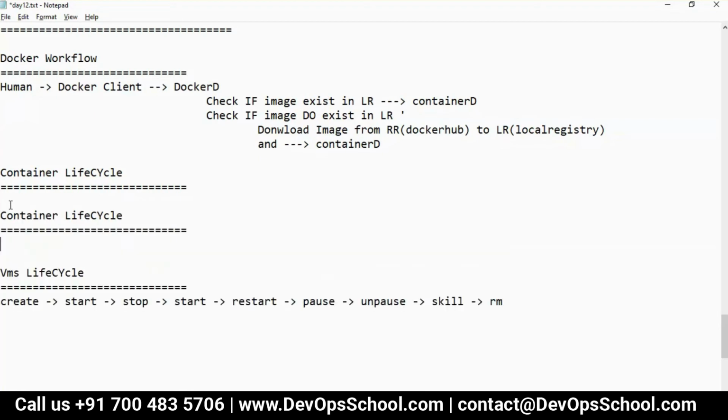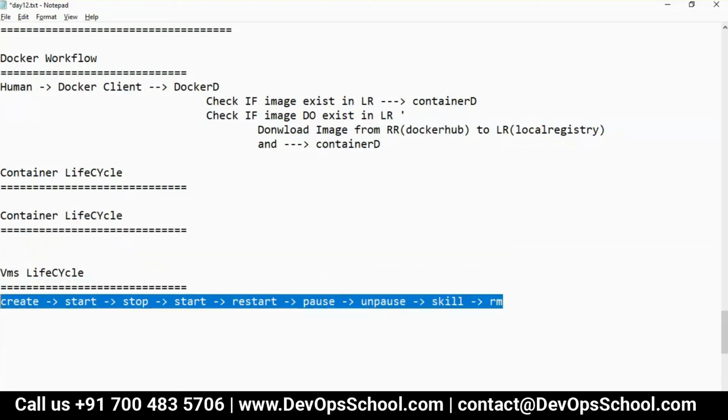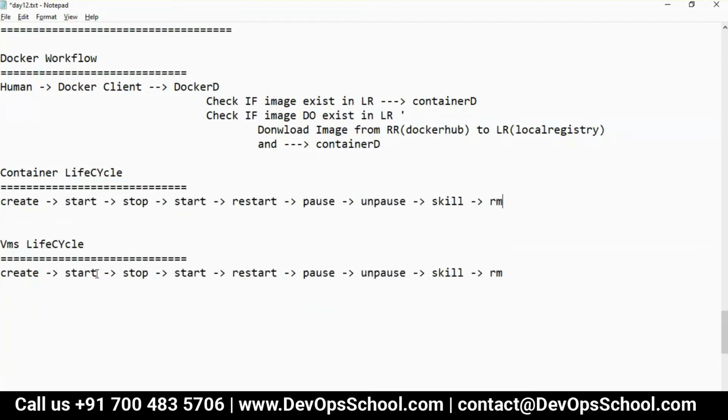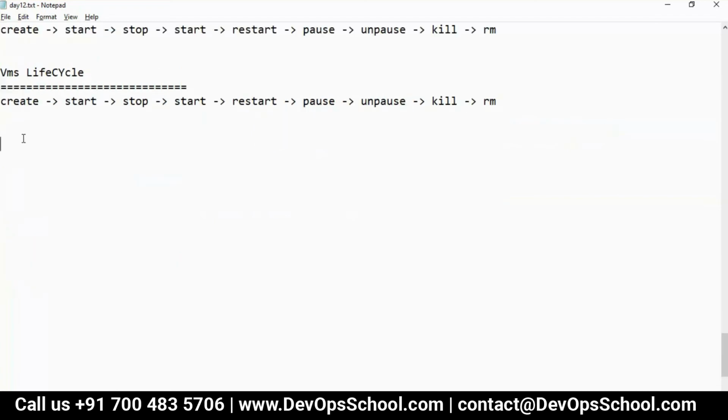Now, the container. Simple. Basically, you can create a container, start the container, stop, restart, pause, unpause, kill, and remove. Now the question is, you will create a container, but for what? Image. So which image?